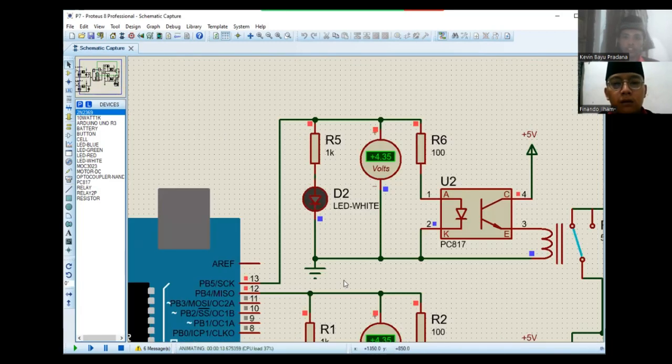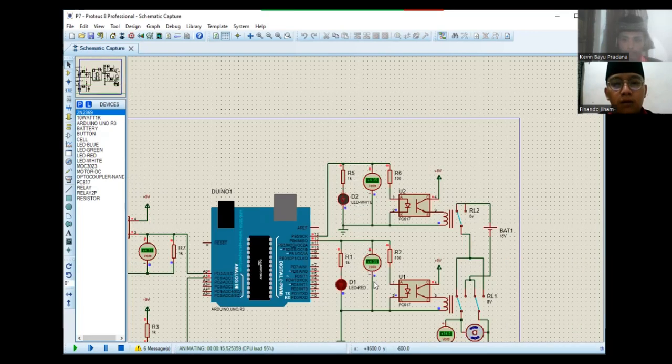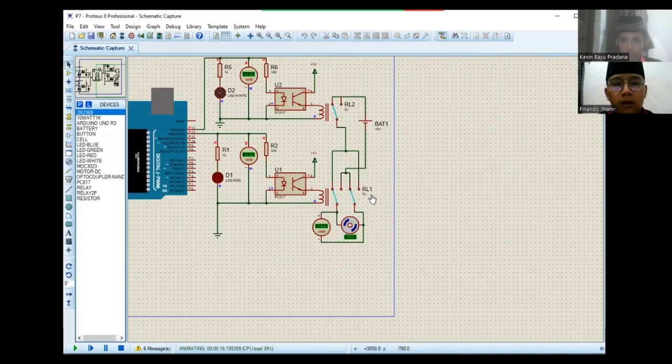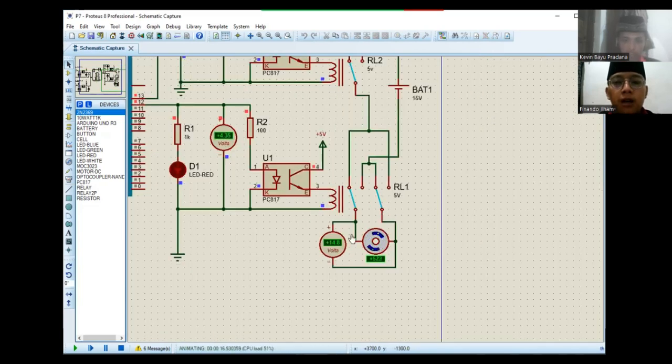And this LED is the indicator for whether the motor is turned on or off. Okay, the input power for this motor is 15 volts from this battery.